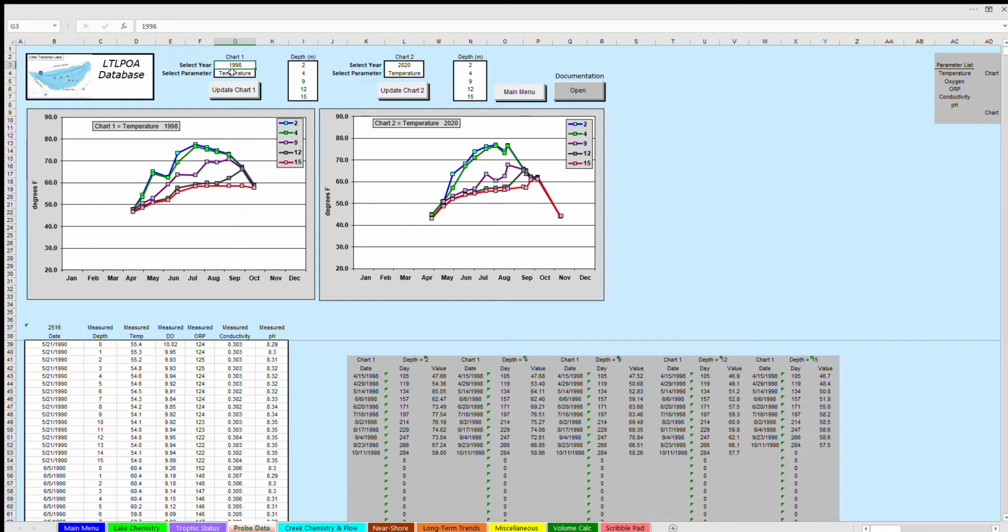This shows temperature for 98 and 2020. And notice they're very similar with mixing in the spring and fall, and maybe even a little cooler here in 2020. We could also compare two different parameters for the same year. Let's pick 1998 oxygen